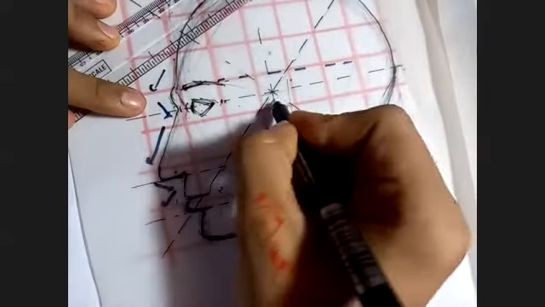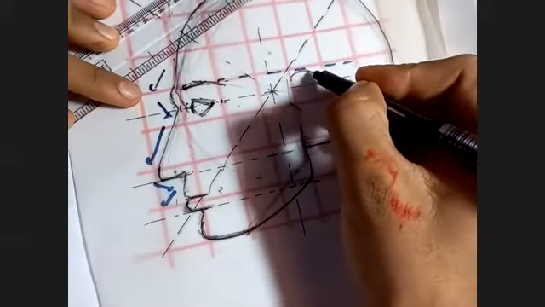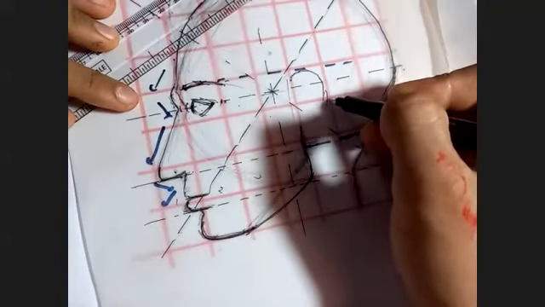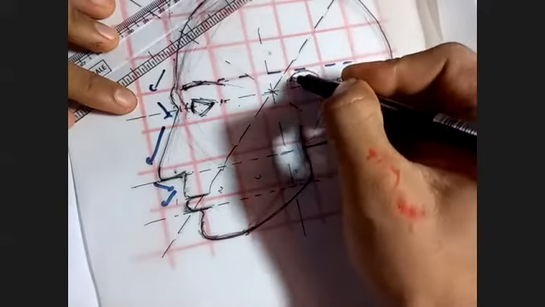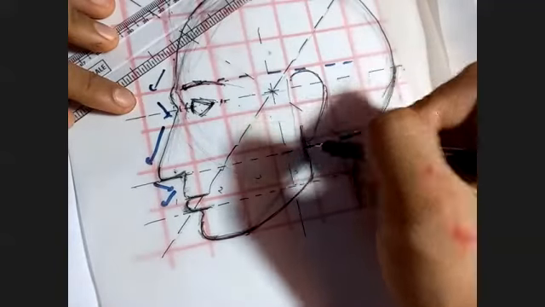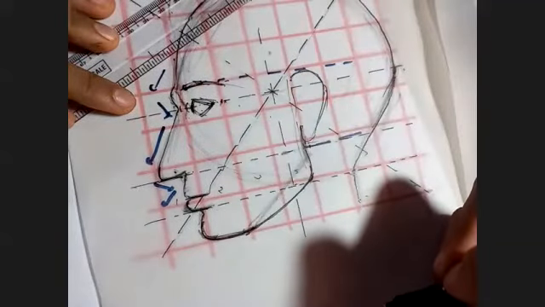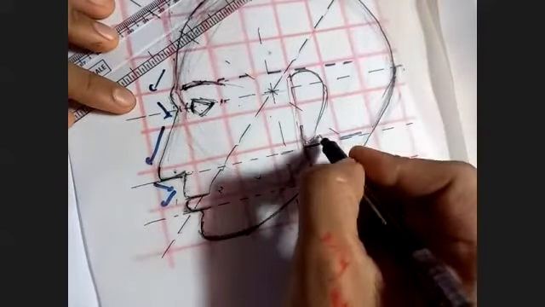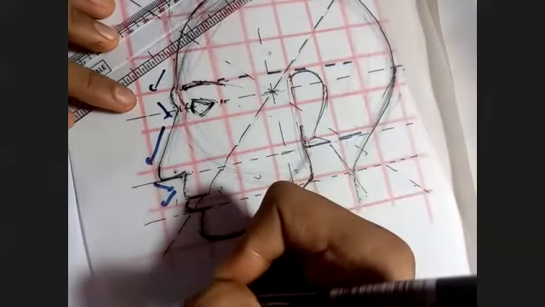1, 2, 3, 4. 4 units from this one is where you're going to place it, and let it cover 1 unit. Don't worry about the exact shape of the ear. It's very easy to draw. We'll cover it in another session. For now, just represent an ear. See? Perfect ears. The positioning is what matters. Don't worry about the precision. Worry about the positioning. Okay?